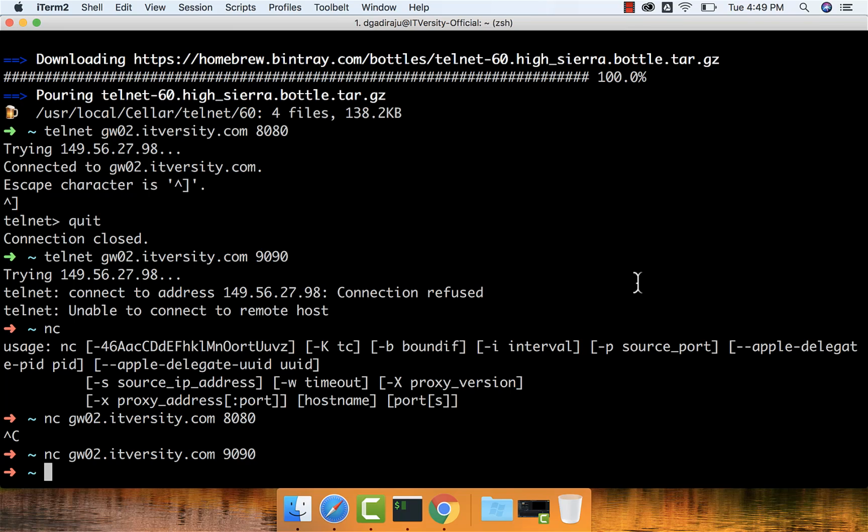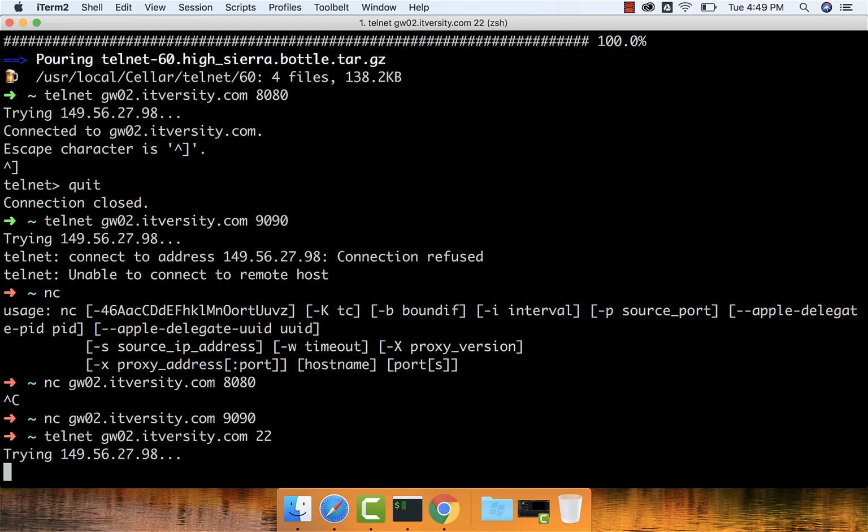So Telnet is very powerful. It can not only validate whether a web application is running on a particular server on a particular port number, but also the connectivity related to SSH, the databases, and so on and so forth. When it comes to validating the connectivity onto remote servers using SSH, we can use port number 22 on a given server's IP address or DNS alias and then validate.